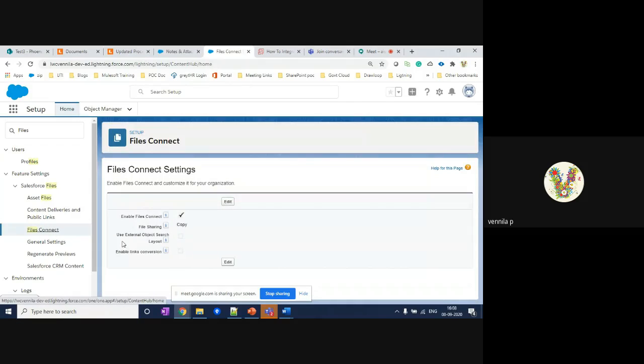So here what I did, I just enabled Files Connect and selected the file sharing model as copy so that I can access all the files without credentials also inside Salesforce. So after this is enabled, we need to go through some setup for the authentication provider as well as the external data source.